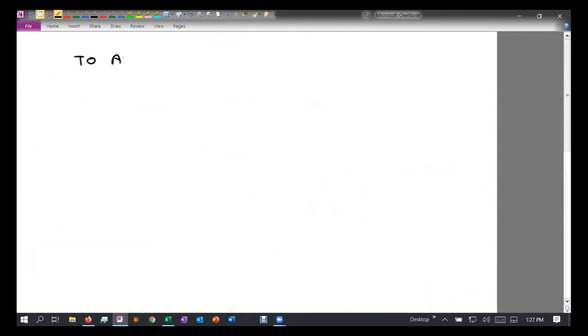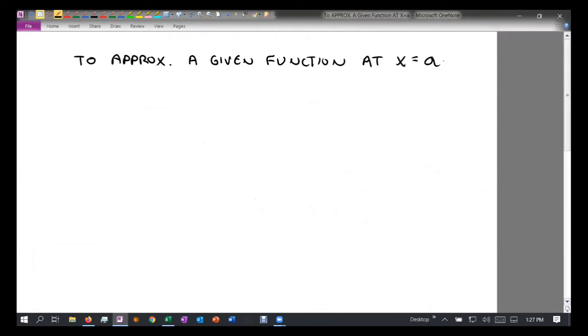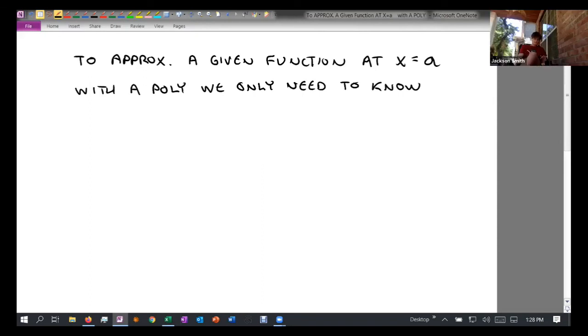to approximate a given function at some point. I'm just going to call it a. For us it was 0, right? To approximate a given function at x equals a with a polynomial, we only need to know the derivatives. We just need to know